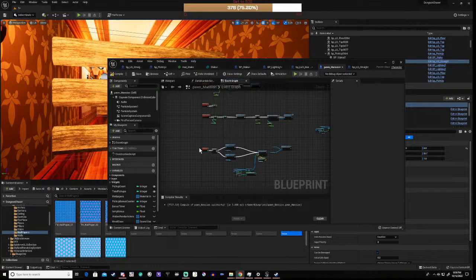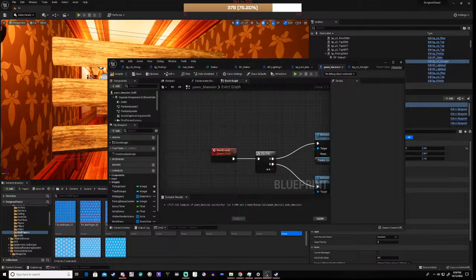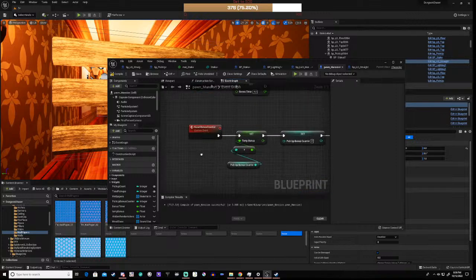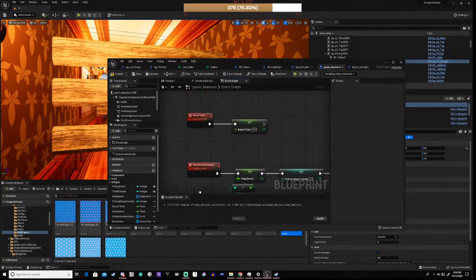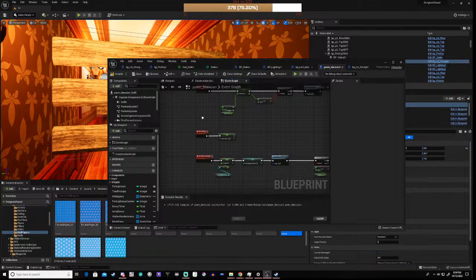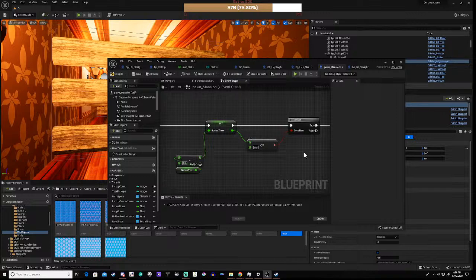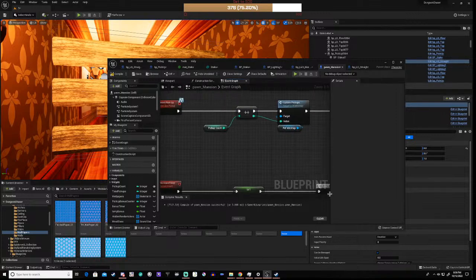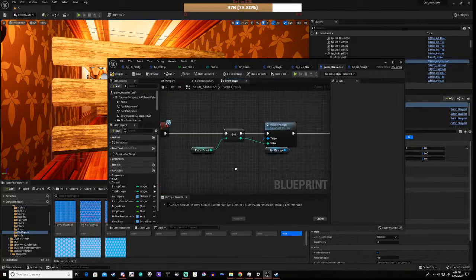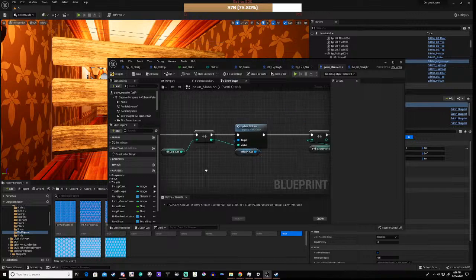And what we'll need to do now is when we pick something up, right, we update the minimap